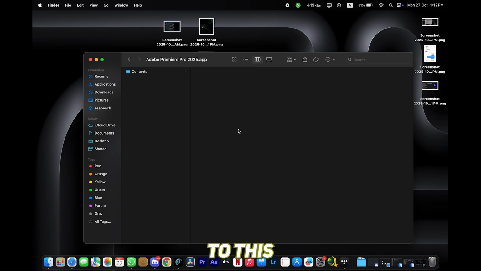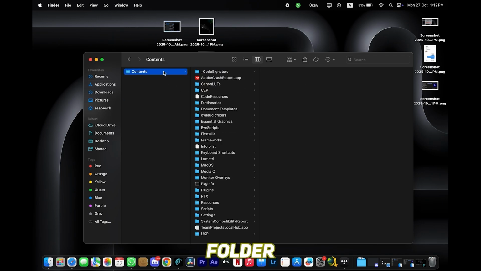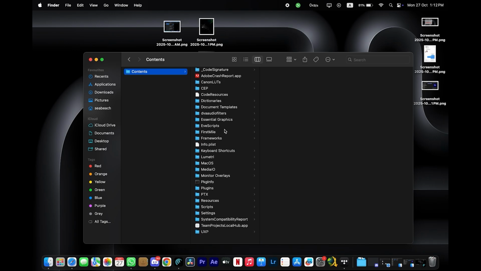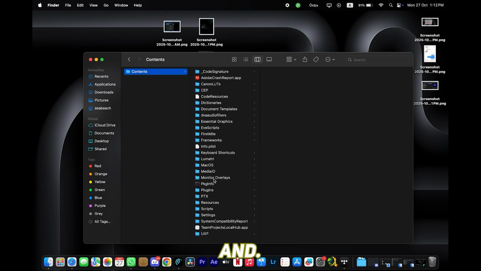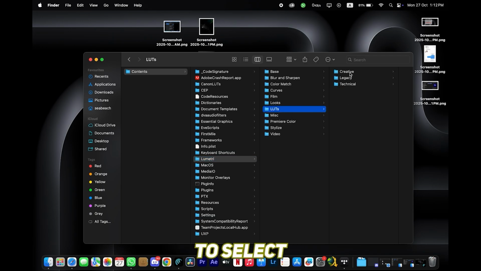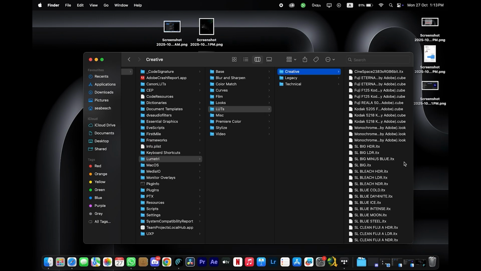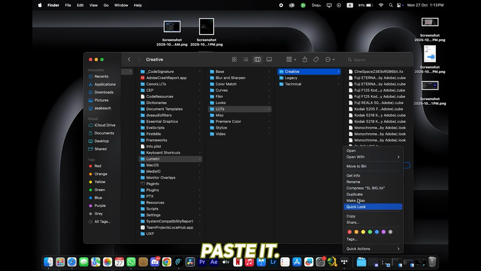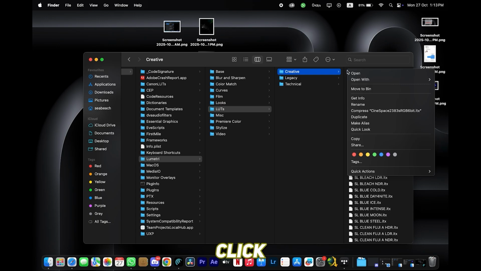Okay, then go to this folder and go to Lumetri color. Got it. Then go to LUTs. Then you must have to select creative. Now press it. You can click Ctrl V,